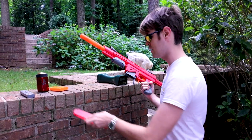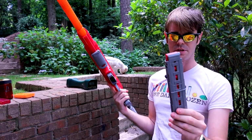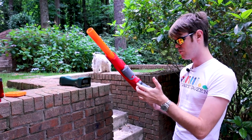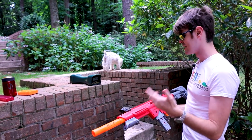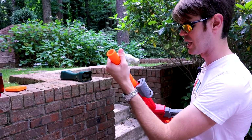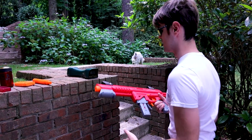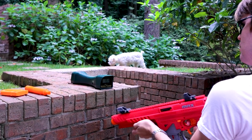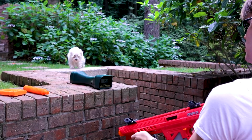So let's pull this out now. This is, of course, the included half-length magazine with the max half-length darts. Let's put a few of those over, and then let's put a few down range and see if this is truly the competitive worthy blaster that we hope it is. 153, 151, 146,